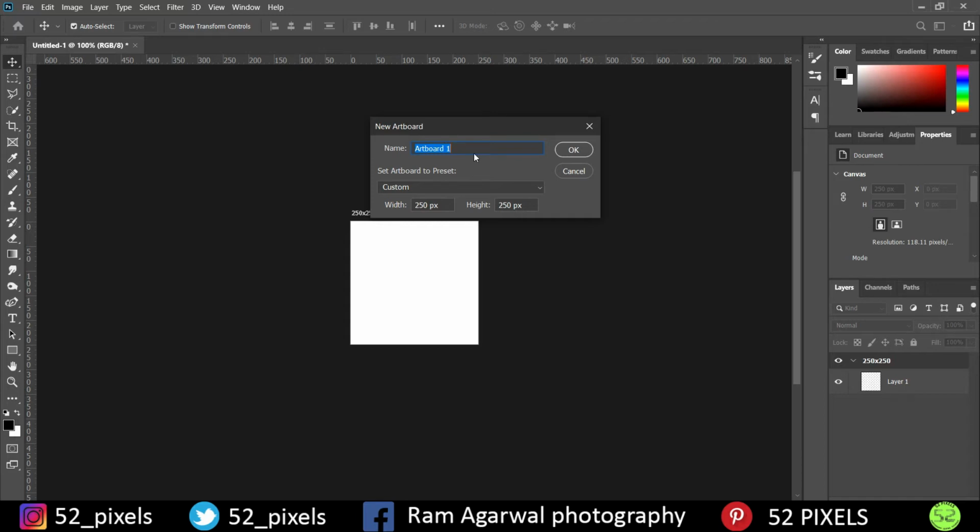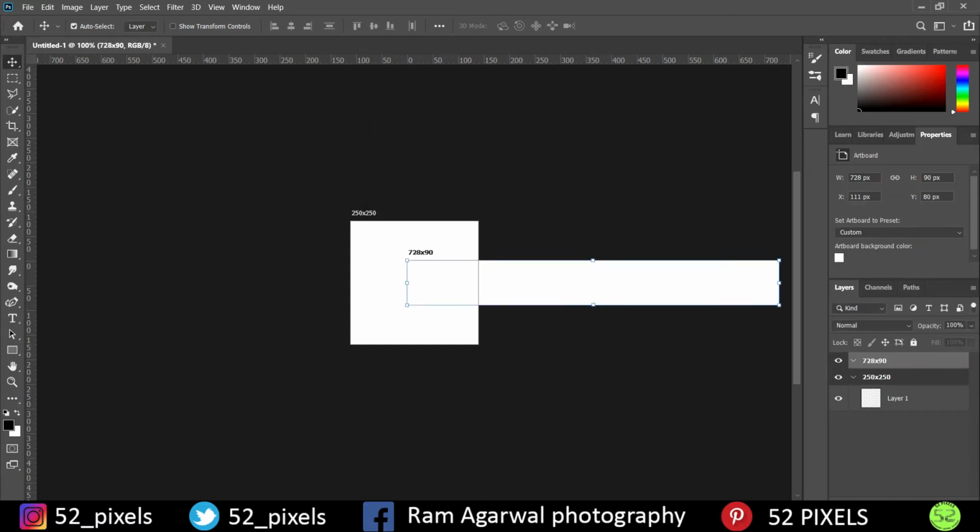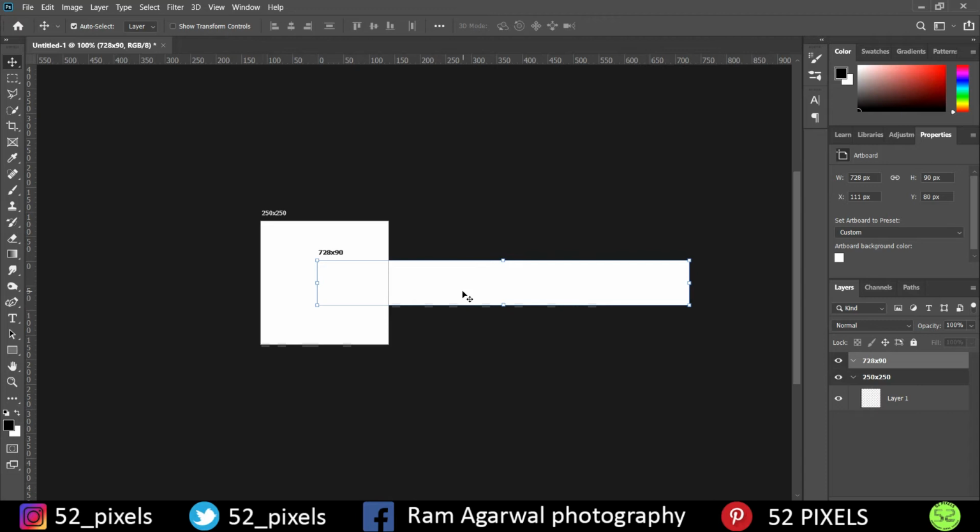So I name it 728 by 90 because that's going to be the dimensions of the artboard, and here also it's going to be 728 width and 90 in height. Once I click on OK, as you can see, the second artboard is created.